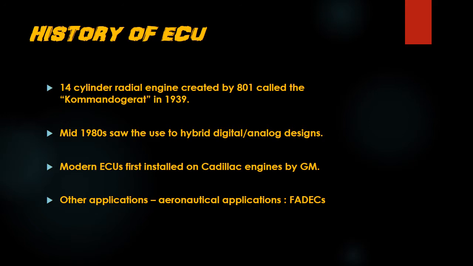They used analog techniques to measure and process input parameters from the engine, then used the lookup table stored in the digital ROM chip to yield pre-computed output values. Then came the ECUs, which I'll talk about in depth later on in the slides. They were basically developed by GM. Then ECUs are also used in aeronautical applications, which are called FADEC, which is short for Full Authority Digital Engine Controls. Since I'm focusing on automobiles and the ECUs used in them, let's talk about the ECUs used in automobiles.